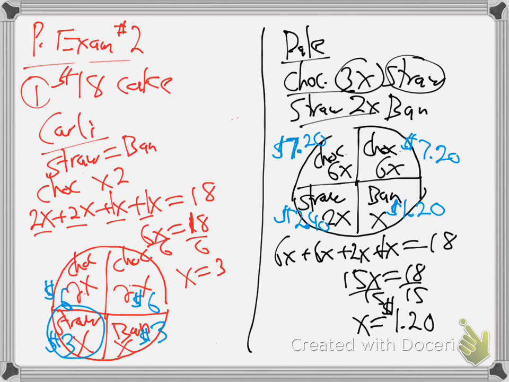Now, how are you going to do that weird little piece? Everybody got it? I'll flash back to the picture and do it for you. Notice it's just half the strawberry, half the other. Just take half of each of them. See that? Let me go back. I'll show you. It's 45 degrees. That's half of 90, right? 90 is the right angle. 45 is half. So they're basically just saying, take half of the strawberry and half of the banana and put them together. So just take half of the 240 and half of the 120 and add them up.